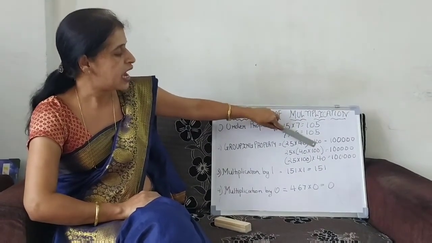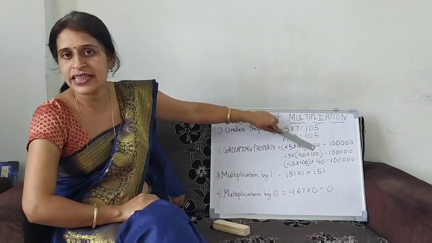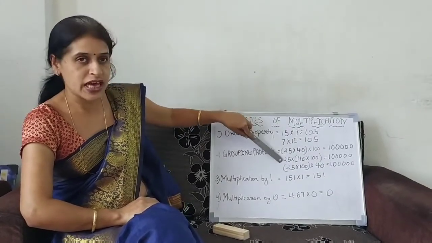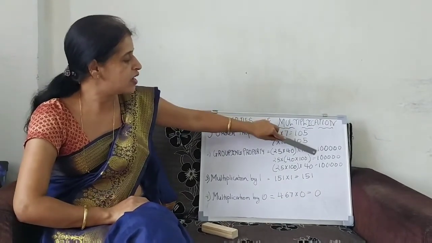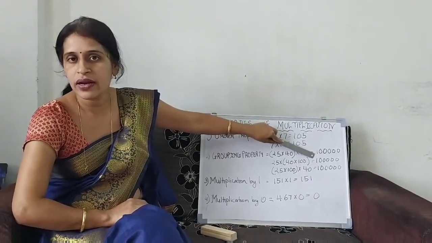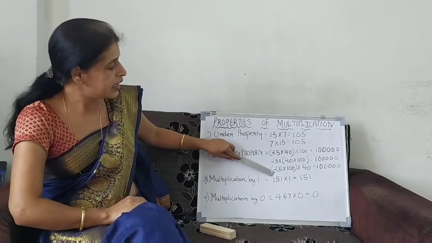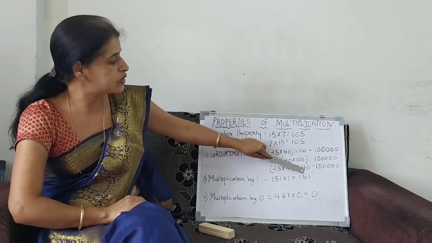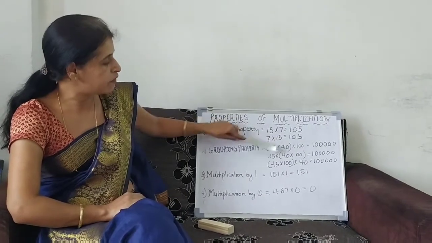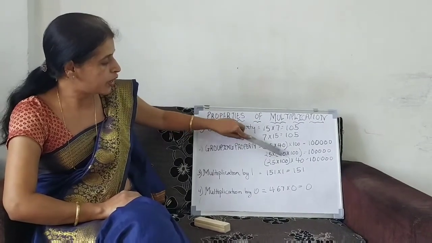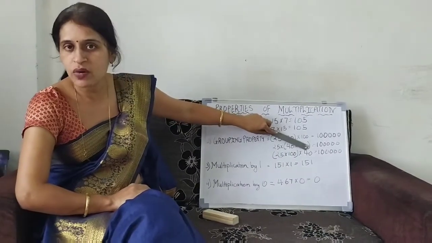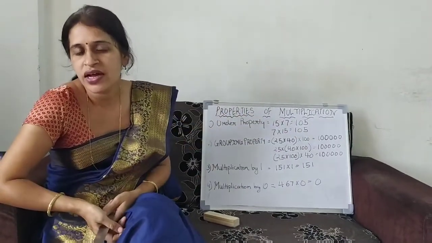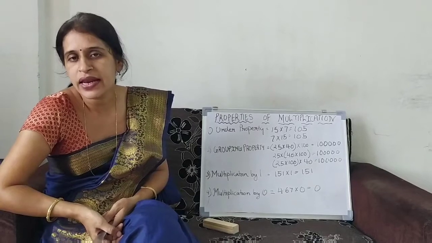But in this, I have taken 100 inside the bracket. So 25 is outside, 40 into 100. When you multiply all this, the answer you get is again 1 lakh. Similarly, now I take 40 outside the bracket and I group 25 and 100 inside the bracket. Since the answer is what? The answer is 1 lakh.